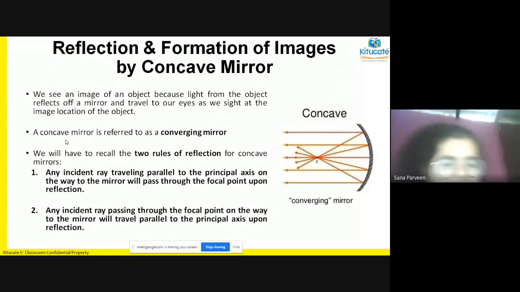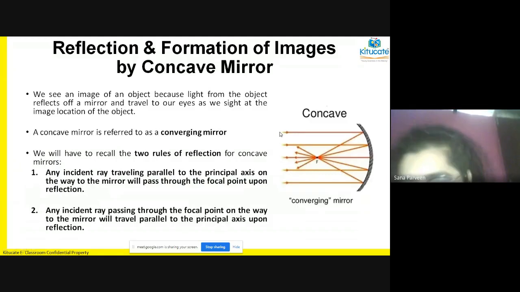So a concave mirror. Now see, this is concave mirror. This is the reflecting surface. The inside portion is the reflecting surface. As ma'am already told you, there is not one single ray of light. There are thousands and thousands of rays of light. So here, how many light rays are we considering? 1 and 2 and 3 and 4 and 5. Okay, we have got 5 rays here. All the 5 rays will be reflected by the concave mirror.